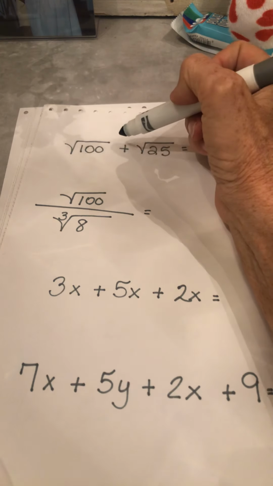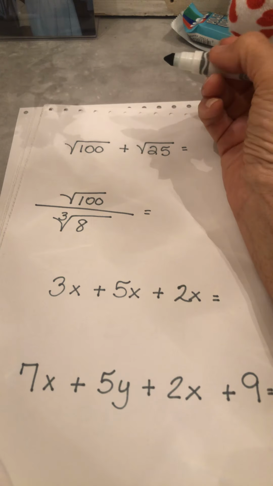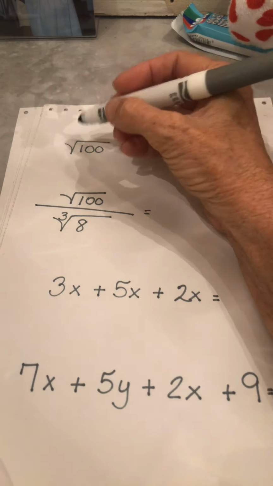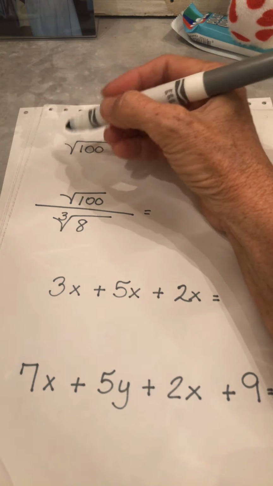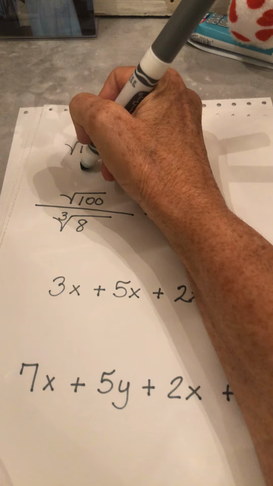Okay, right here, this means the square root of 100. We've talked about this before. It means what times what gives you 100, where the numbers are exactly the same. So 10 times 10 gives me 100. So the square root of 100 is 10